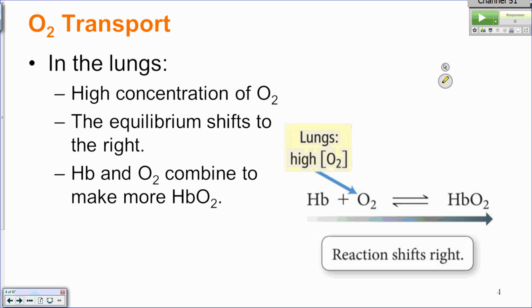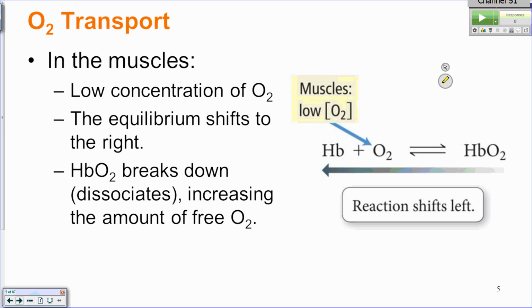So if we think about what's going on in the lungs, we breathe in air. The oxygen in the air at sea level is about 22%, okay, by mole ratio. So there's a fair amount of high concentration of gas there. And the fact that there's a high concentration of gas causes that oxygen to bind to the free hemoglobin at the surface of the interface in your lungs and make the bound hemoglobin. The equilibrium shifts in the forward direction to the right because there's a large amount of oxygen present in the system. So what happens is it transports the oxygen, it goes to the muscles, and in the muscles where there's